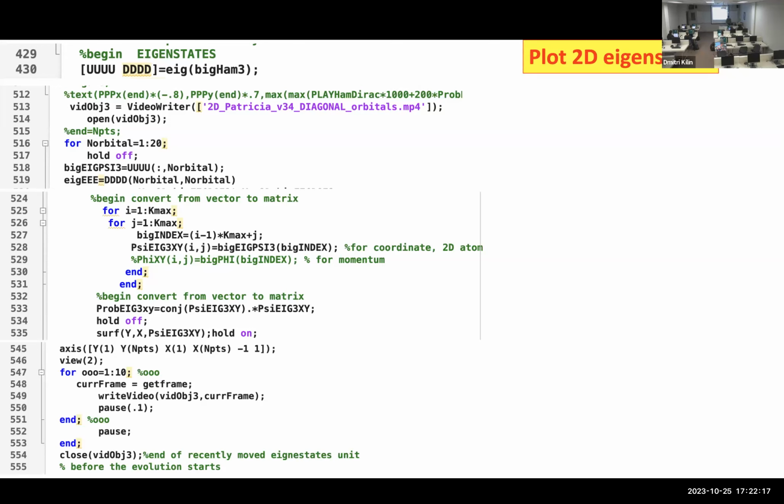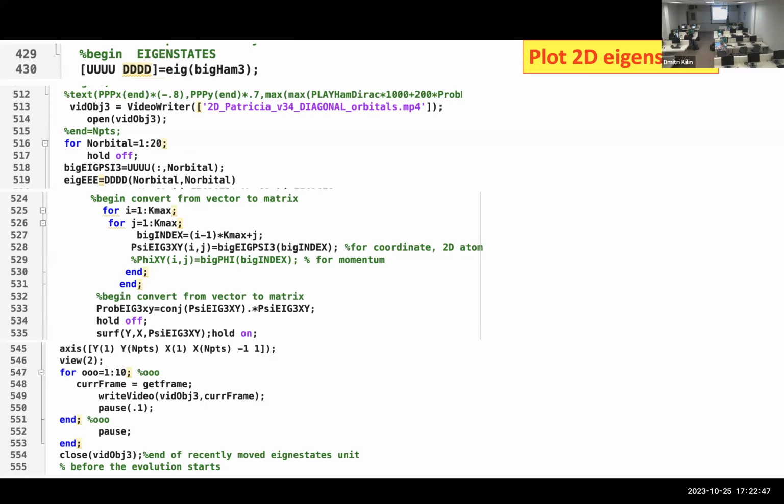Oh, yeah, here we return back to this subject, the eigenstates for two-dimensional stuff. So we apply the diagonalization of this big Hamiltonian. In everything we do, you want to do movies, right?